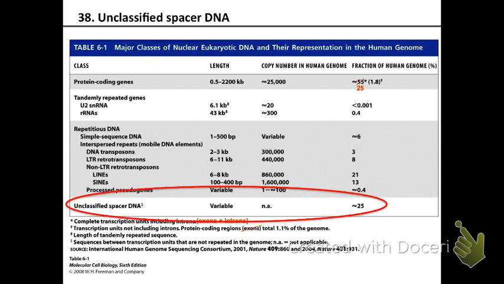All right. So with the repeats, which are the majority of our genomes, we cover about 75%. The remaining 25%, 20% of the genome is unclassified. And these regions of the genome usually contain a lot of regulatory elements and other things that we don't know what they do, right? So nowadays researchers try and figure out what they do. So these are called unclassified spacer DNA.